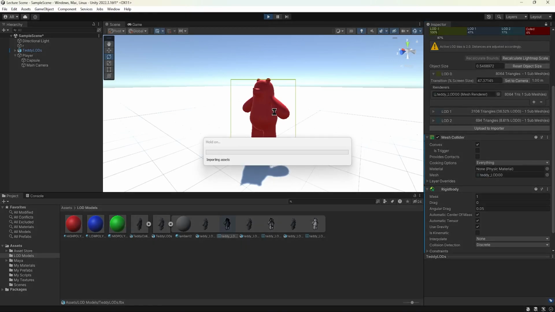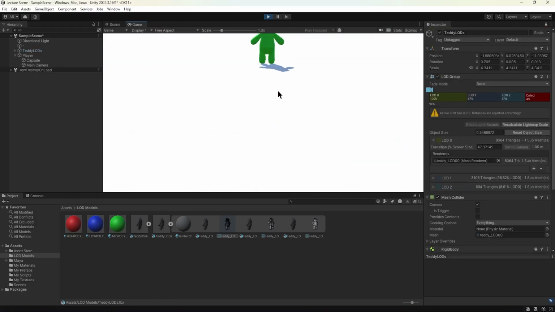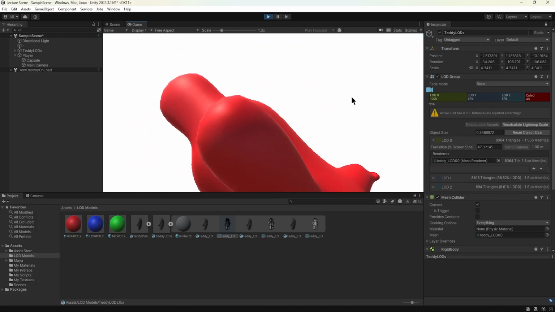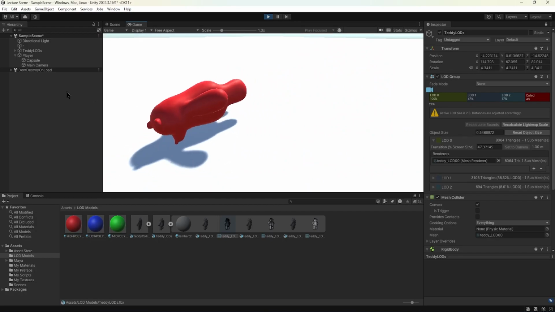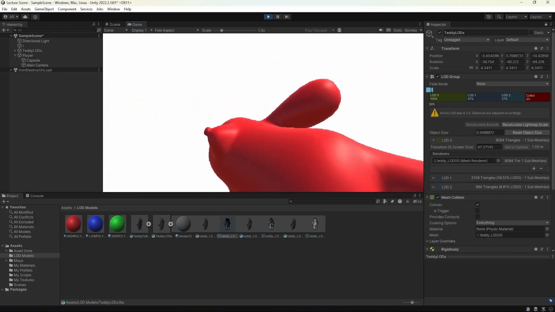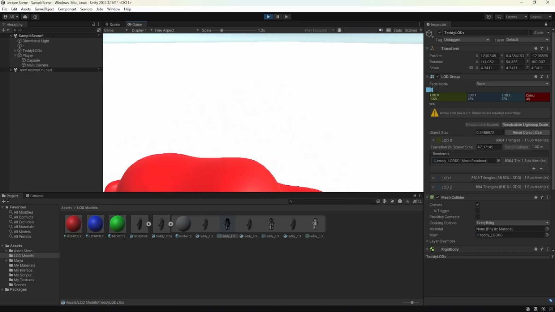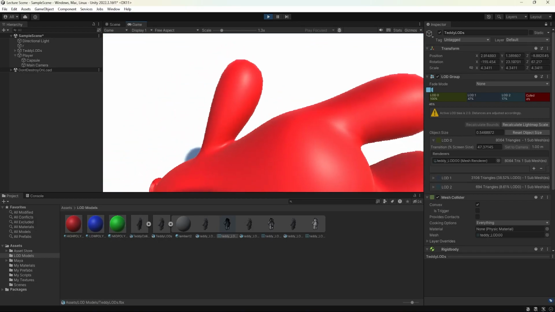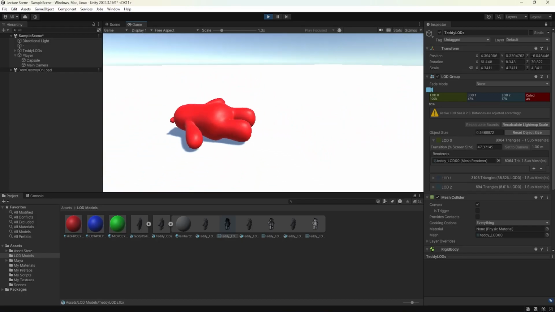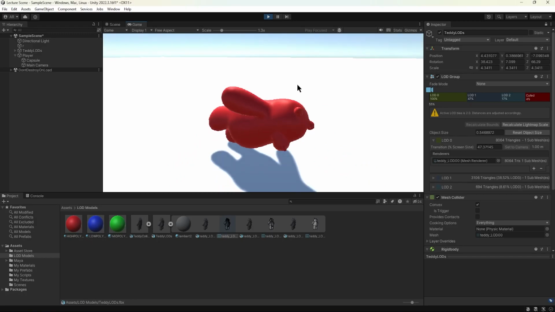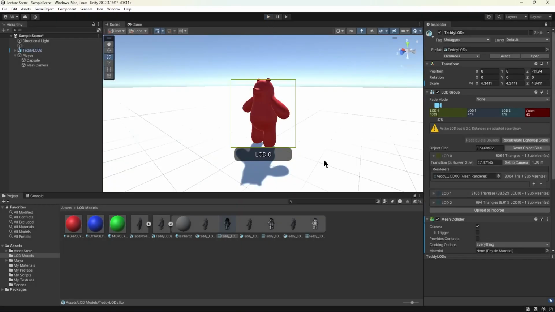And we can play the scene. And now the bear should behave a little bit more realistically when we come in contact with it. And since it's very top heavy, it's just going to topple over to the ground, as that makes sense. And we can push it around. Again, it's not going to roll like a capsule. Now it has an invisible bear mesh overlaid right on top of the actual visible bear mesh. And we can push it around and treat it as if it was an actual teddy bear with more realistic interactions,